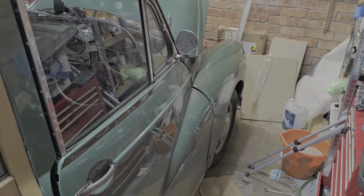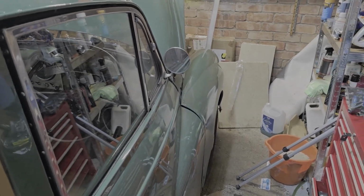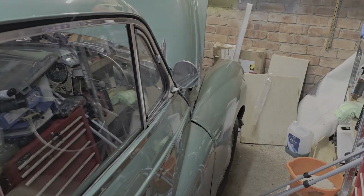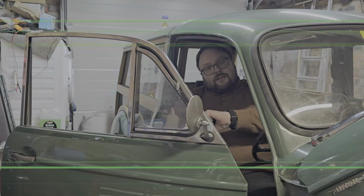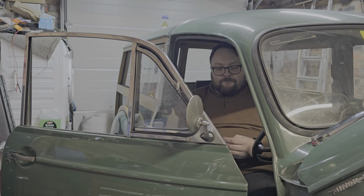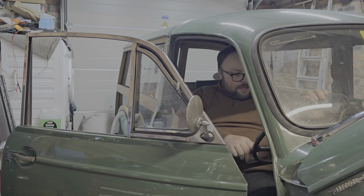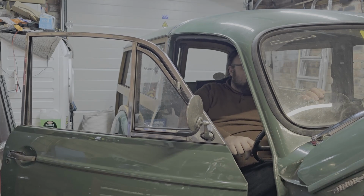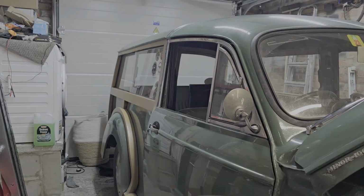Now, I have noticed that the brake lights haven't been working. So I'm going to put the camera on a tripod. When I was out the other day, I had to abort my journey because I realised the brake lights weren't working. So in theory, you should be able to see a red light behind us when I'm pushing the brake. But you can't. Now if I disappear around behind the camera and short the two wires out on the brake light switch,